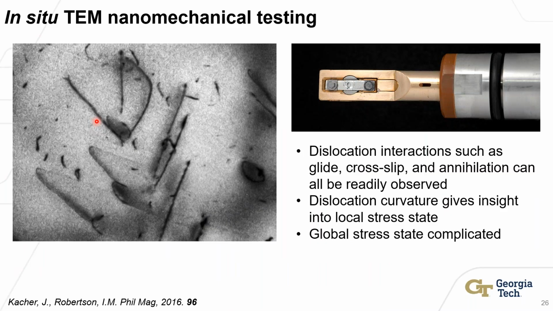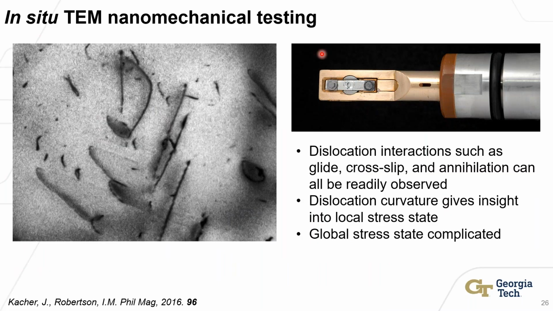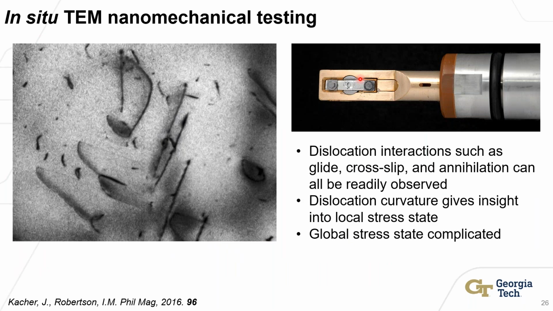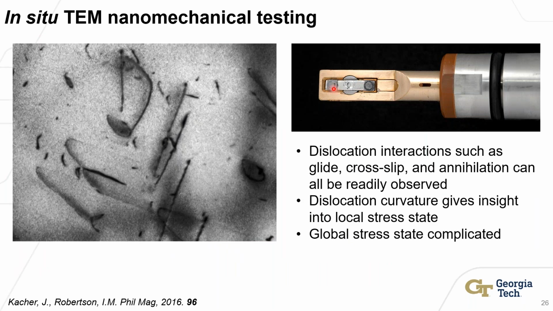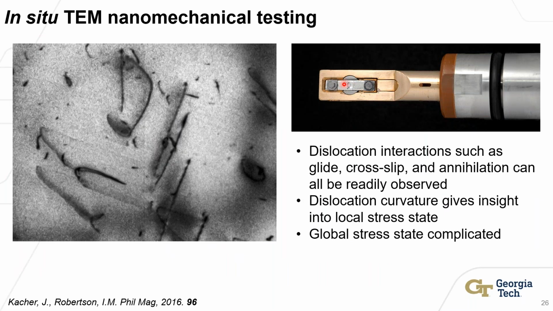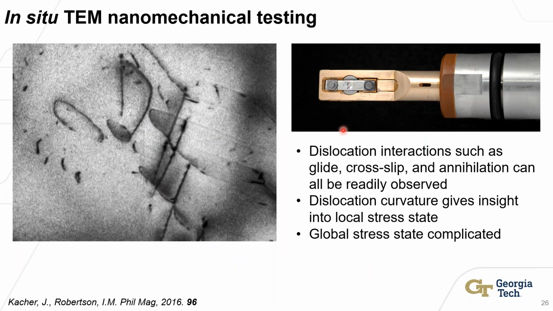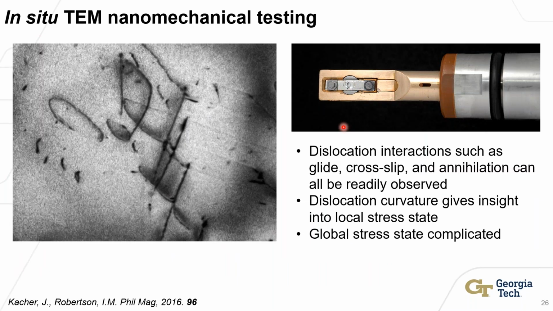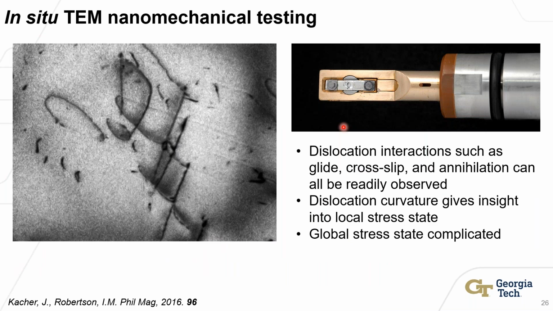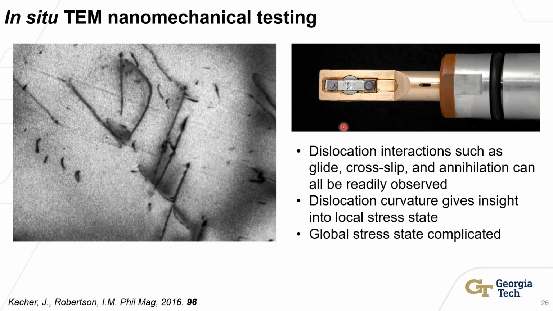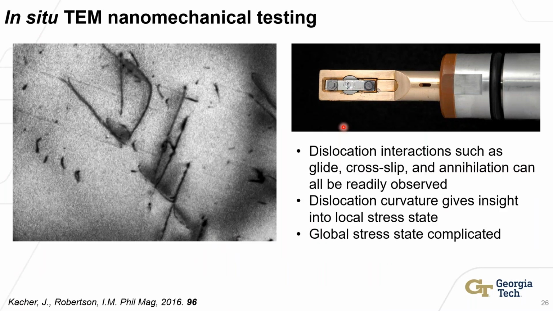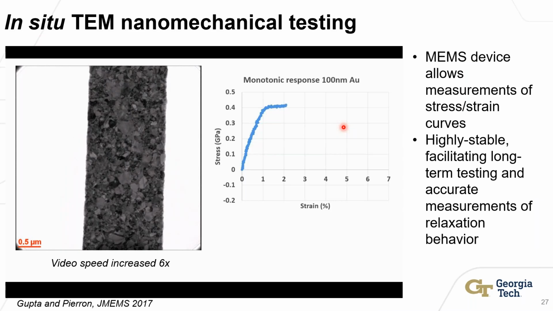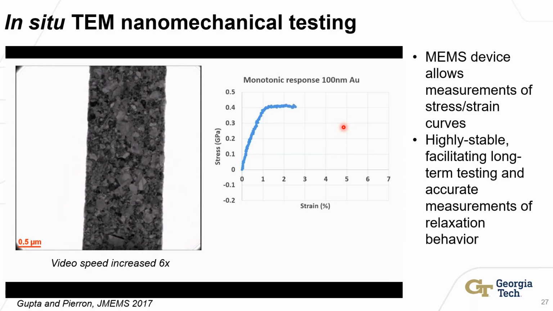Most of these experiments were done using a kind of crude but very effective approach. So this is an old Gatan straining stage. The way it works is you take your sample, you bolt down the two ends, you polish the center so you get an electron transparent region in the middle, and then you pull it. You don't know the strain state, you don't know the stress state, but you can watch dislocations interact for hours. You get this very stable platform for observing dislocation interactions. More recently, and this type of work has been going on for almost 20 years now,